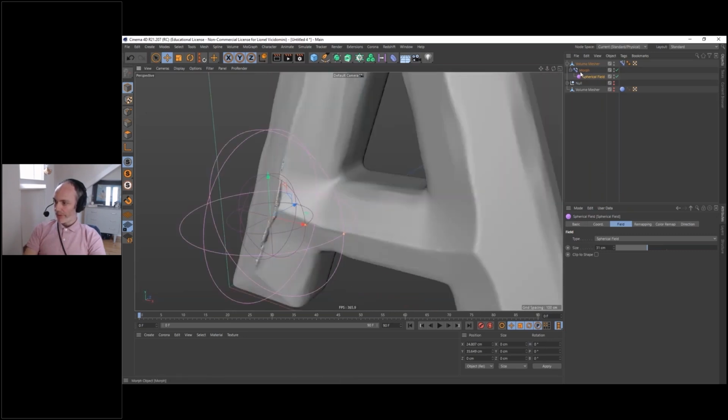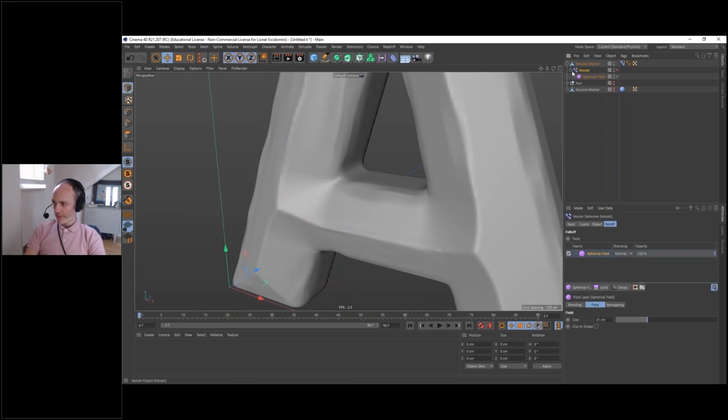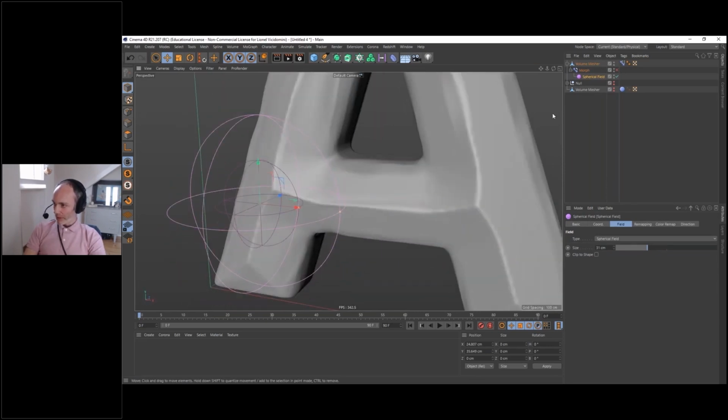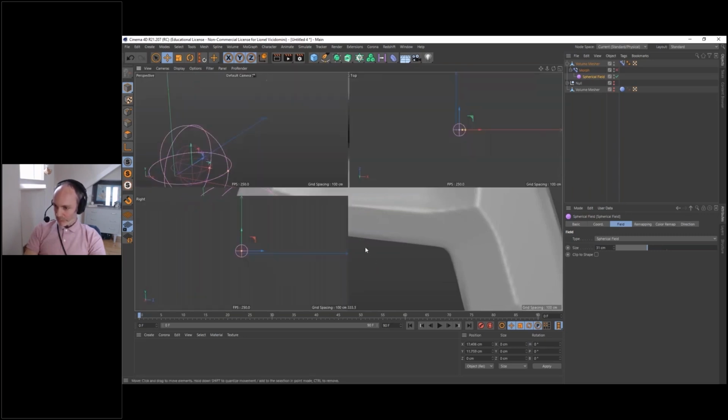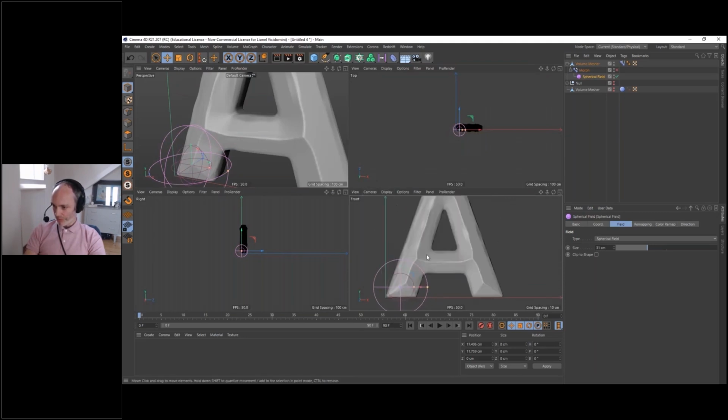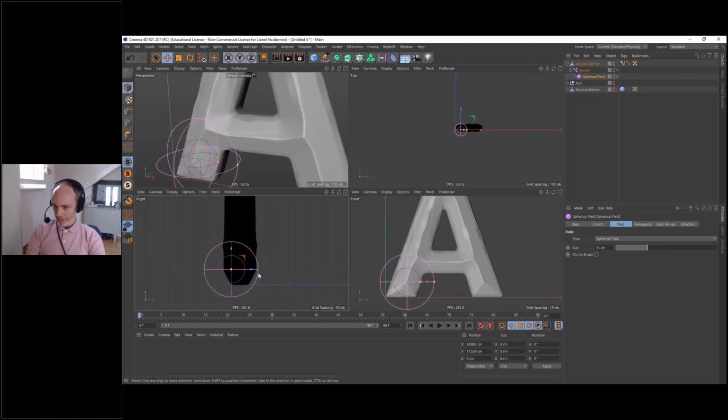I'm going to disable the morph modifier because it's quite computer intensive. It's very heavy on the interface. When I disable it, you see it's very smooth again. And now my spherical field, we're going to animate it by hand along this way. So I'll try to be precise with that. So let's put it here and here.